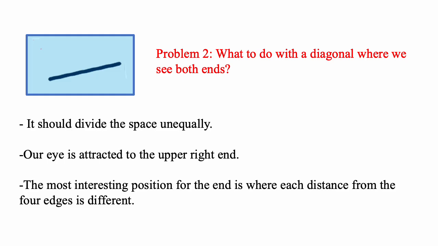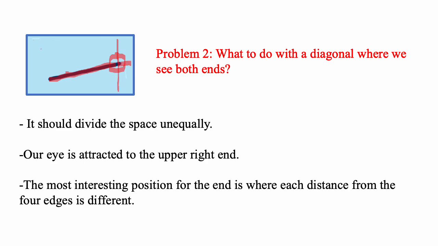Now, what if we have a diagonal where we see both ends and it doesn't go to the corner? Well, it should, like all lines, divide the space unequally, and our eye is attracted to the right upper end here, so its position is particularly important, and it should be different distances from each of the edges of the